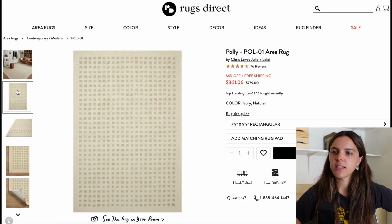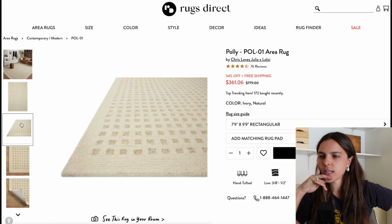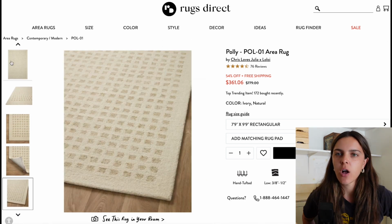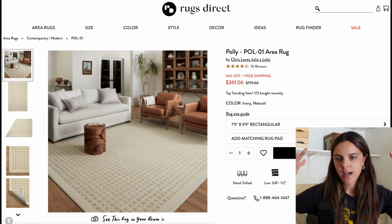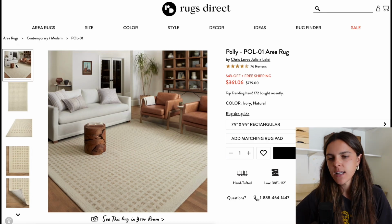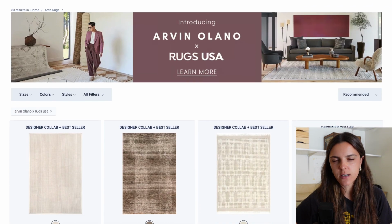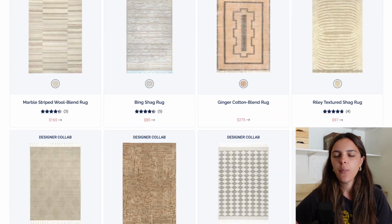I've actually seen this Rugs Direct, the Julia X, Chris Loves Julia, whatever, I don't know. I've seen this rug before. I do like it. It's just simple and good colors, and if you just want a plain rug with a nice geometric pattern, why not? I do think there are more options. If you go check out Arvin Olano's collection with, I think he's with Rugs USA, maybe not Rugs Direct, but